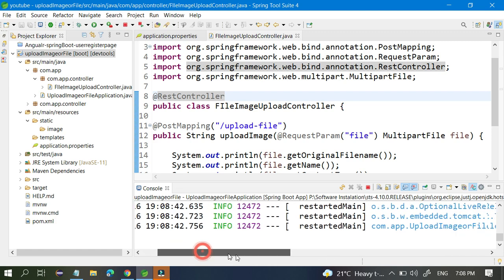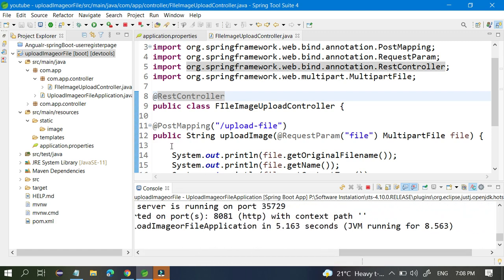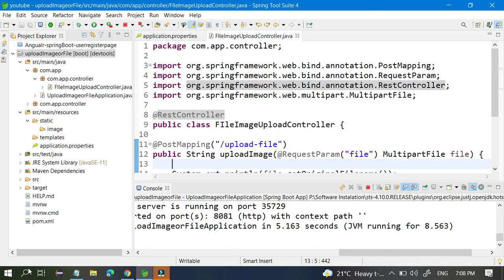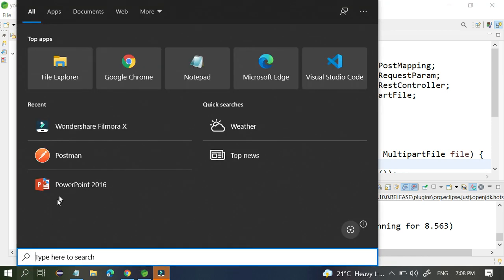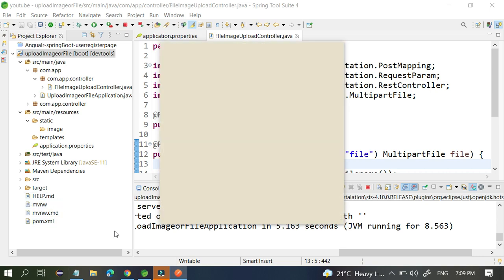Now you have to hit this controller through Postman. So open your Postman. Postman is starting to open. This is Postman. And you already know the port number of this application, 8081. This is the controller you made right now.